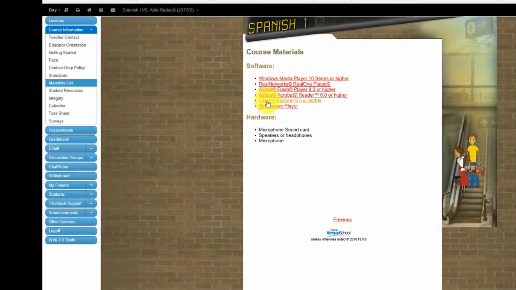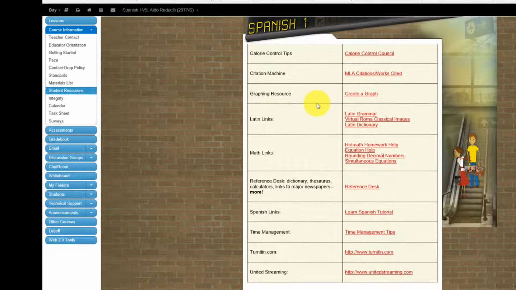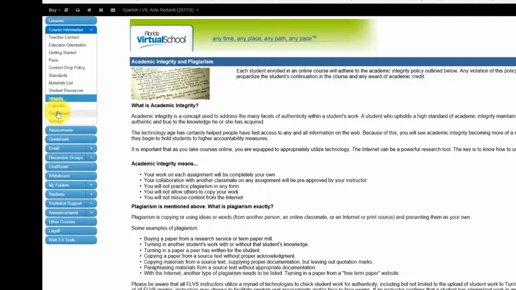Over here you have extra stuff that you're going to need for your classes, like your media player, your flash player. Of course, you might need Internet Explorer or some kind of browser that you should have. It tells you about different resources, things to help you in every different class. Like it has a citation machine link, there are Spanish links, time management, all kinds of things to help you